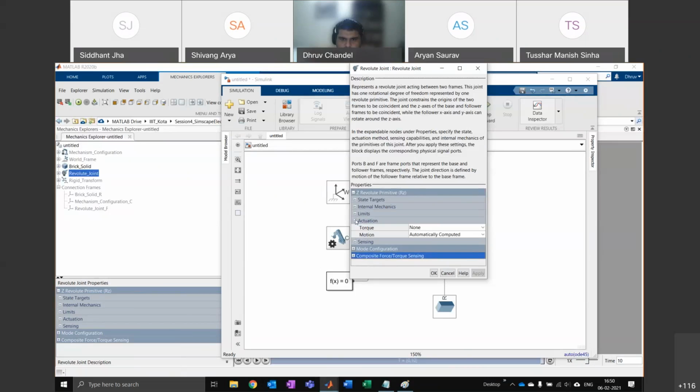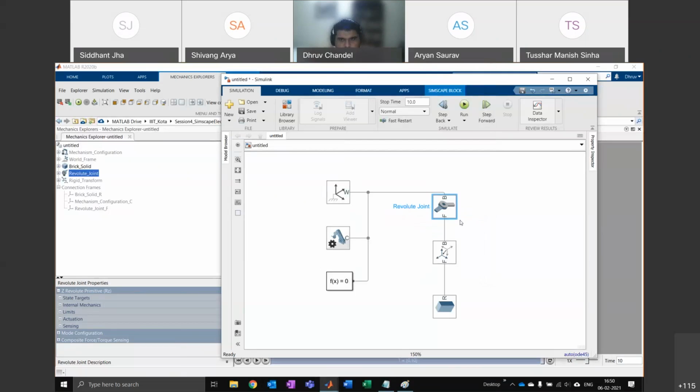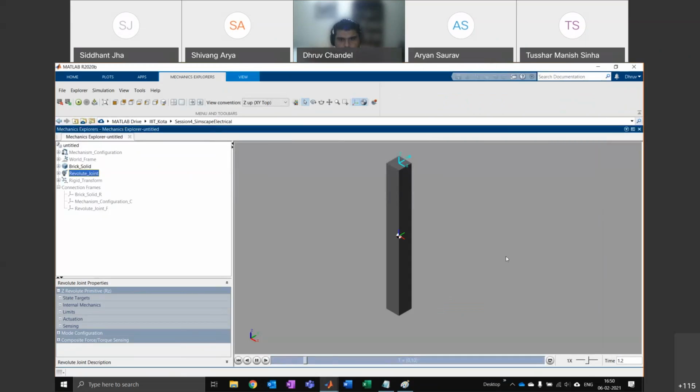Try to figure out where that is. Maybe I'll set it to 30 degrees or something. And then we can try to figure out if it moves. No, that doesn't want to move.